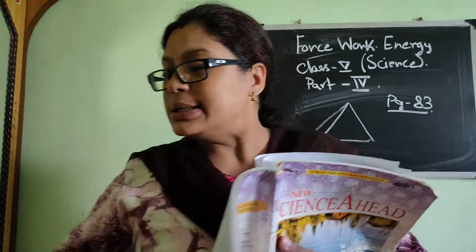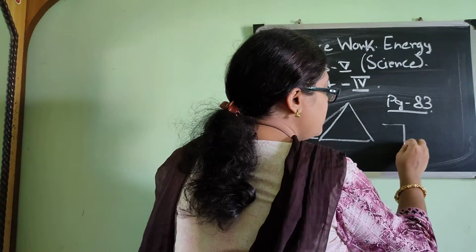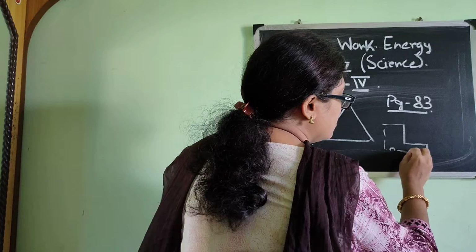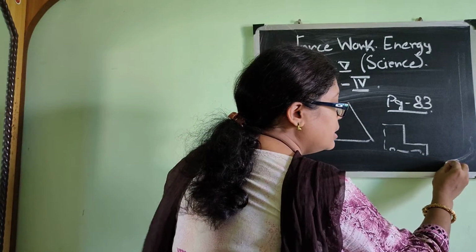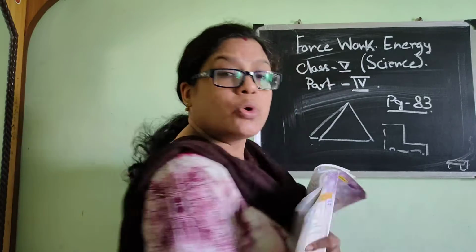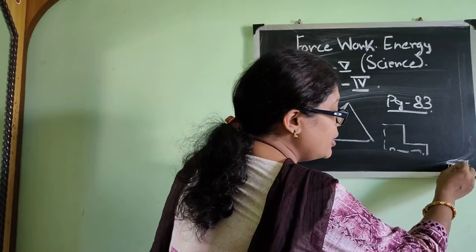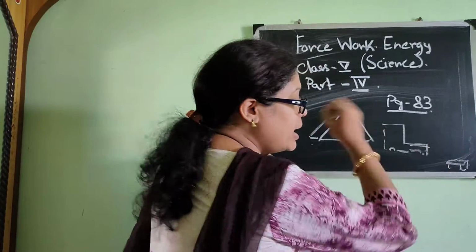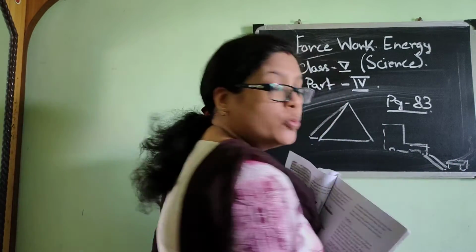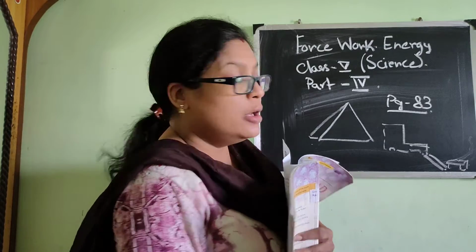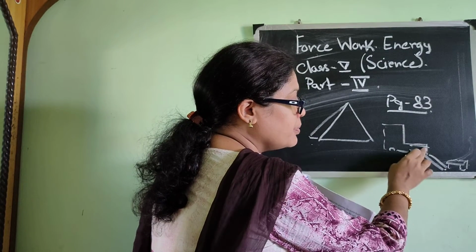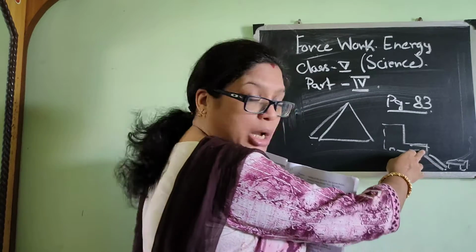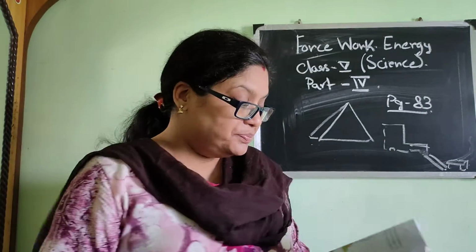Next page. A normal person cannot load a heavy box into the rear of a truck easily. Suppose this is a truck, and the boxes are over here. How will they carry them? It is very difficult to lift it up and put it here. So they will use a wooden inclined plane. Maybe you have seen it, supporting the road and the truck, and they balance it and pull the box up onto the truck.